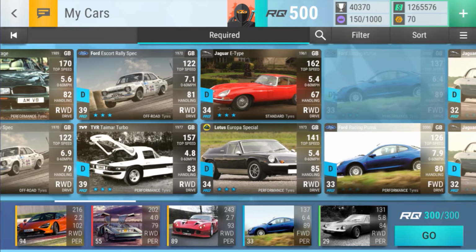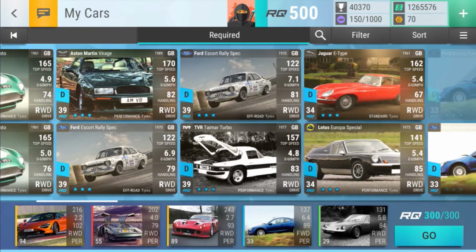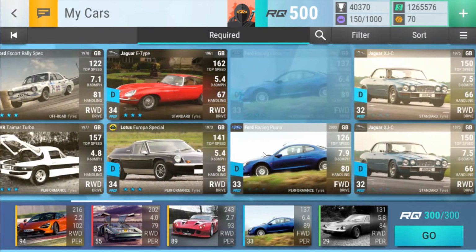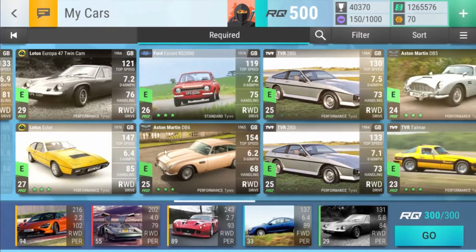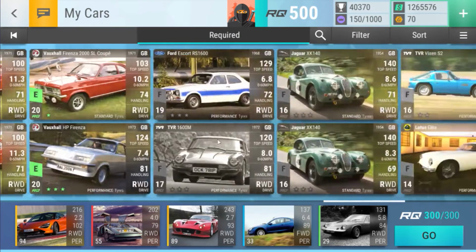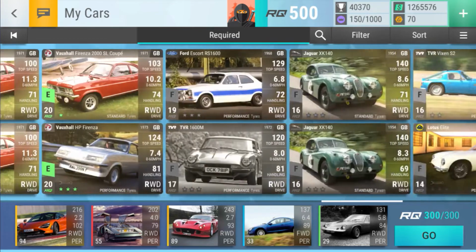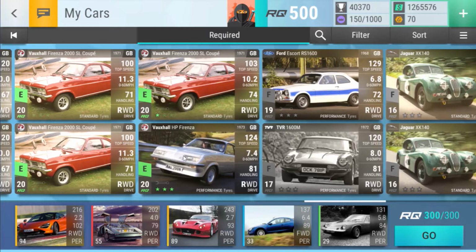You see lots of people using TVR Tamer Turbo, which is a very good option, but I don't have the RQ to fit it in. People using the Lotus Europa Special, and again on top of that, as you will see when we go into this game, it'll be Lotus E-Class, as well as even some people going as far down as the TVR Grand Tourer for a throwaway, or again people using the Vauxhall Forenza for a throwaway. So we've got 2 cars which are going to allow us to max out our points on our other